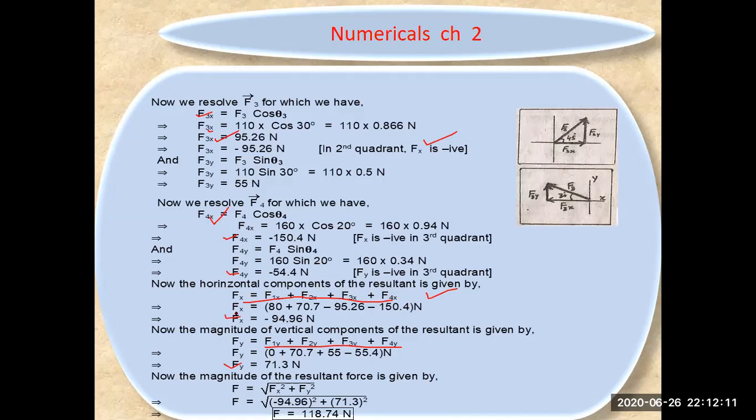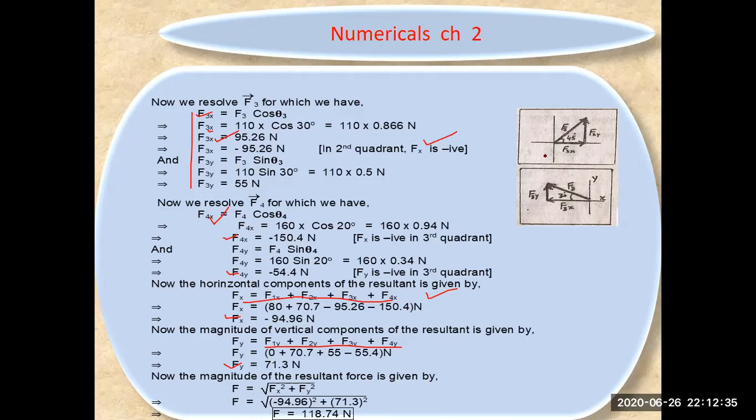You have calculated Fx by using these techniques, but you have to keep in mind the quadrant. In the first quadrant, x and y are both positive. But if you move to the other side, y will be positive, x will be negative. And if you move to the third quadrant, depending on the value of the angle,